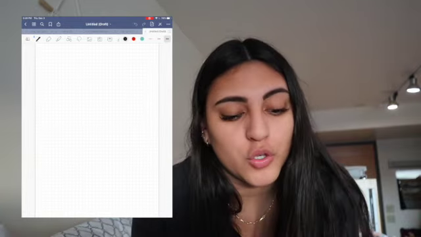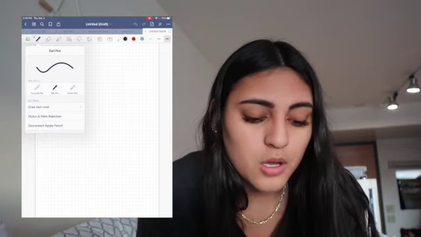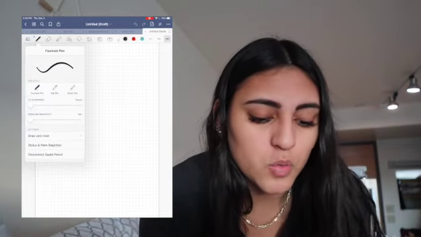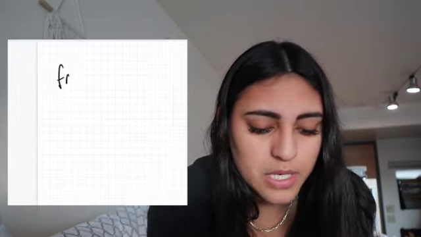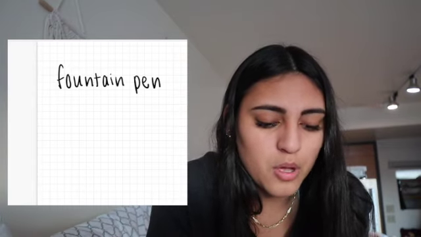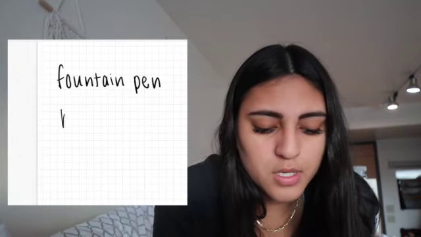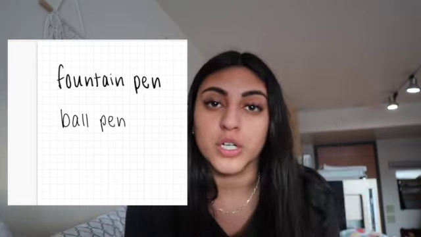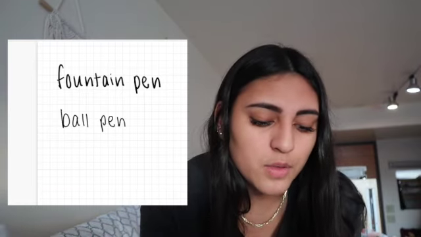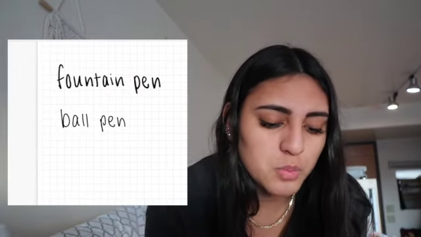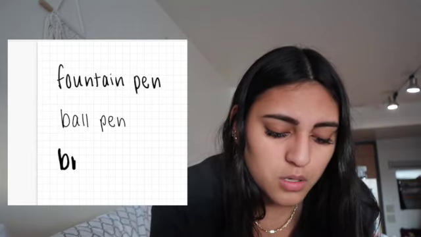In GoodNotes, you have 3 different pens. You have the fountain pen, which is the one that I use. And then there's the ball pen, which is one size, like it doesn't change with pressure sensitivity. And then we have the brush pen, which this one changes the most with sensitivity. Like, you see,